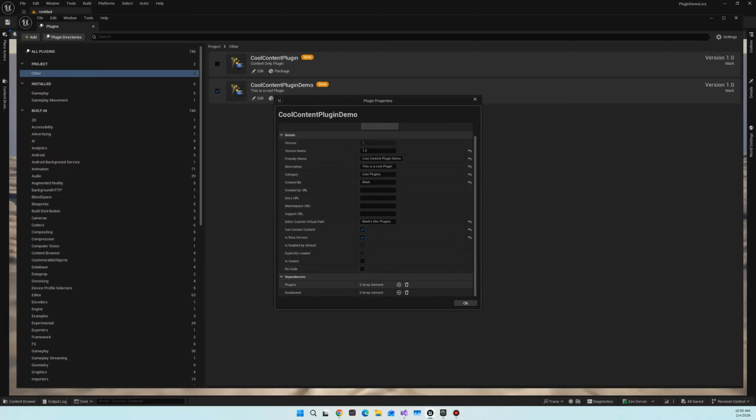And then down here we have dependencies. So as you can see here, you've got plugins. There are plugins used by this plugin, and then you've also got plugins that cannot be used by this plugin. So disallow can be used if you have a plugin and you don't want it to be used with other types of plugins. So if there's any plugin conflicts, right, you can go and say this plugin doesn't play nice with other plugins, so you can put the disallow where the plugins dependency is,